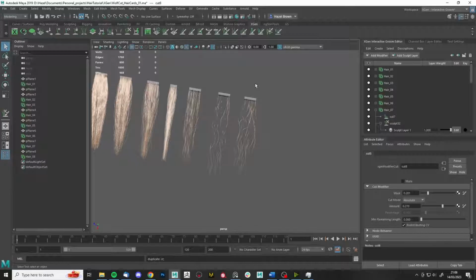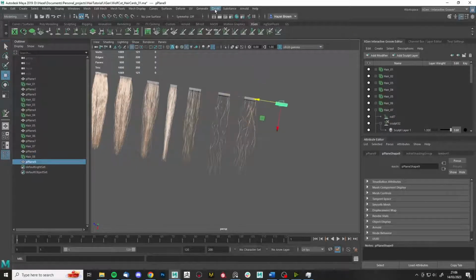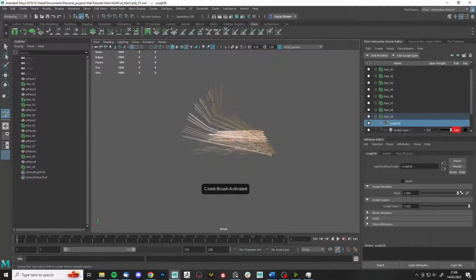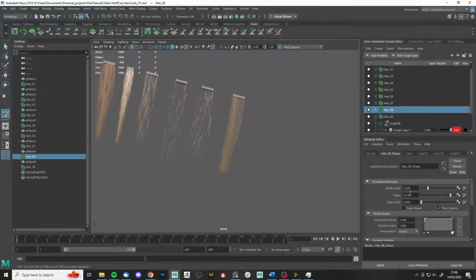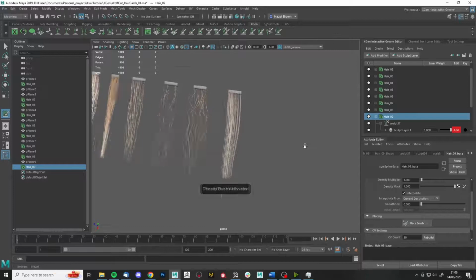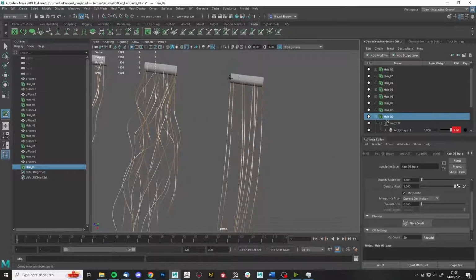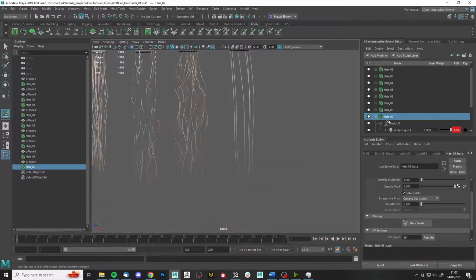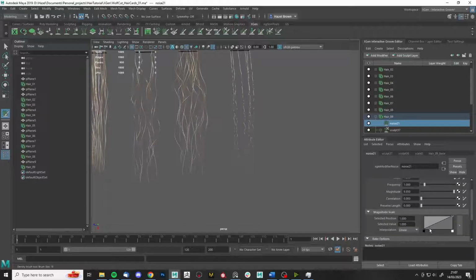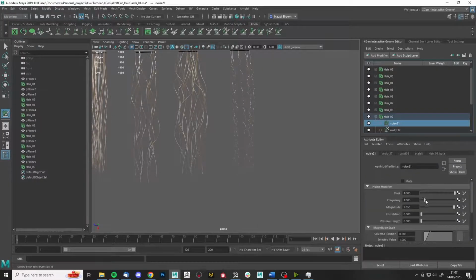And then finally, I'm just going to create my last few flyaway cards. Because these will be used across the hairstyle, I don't want them to be quite as wavy as these. So I'm just going to add a little